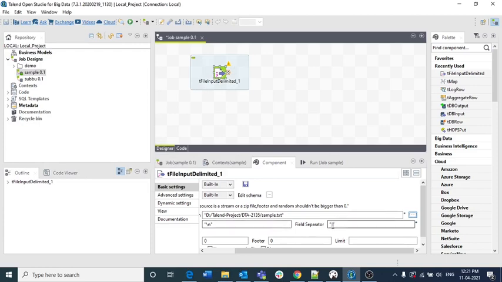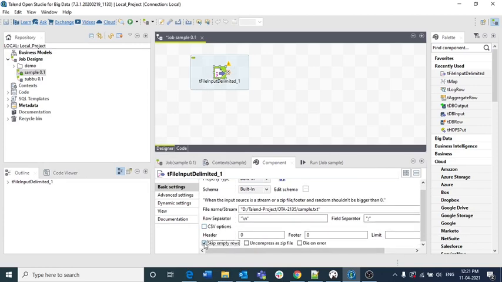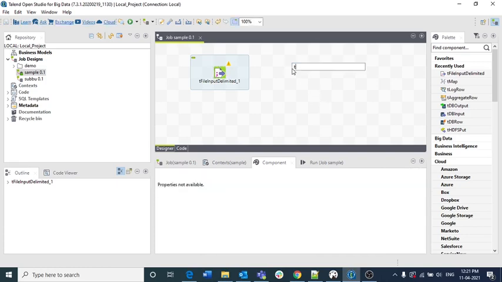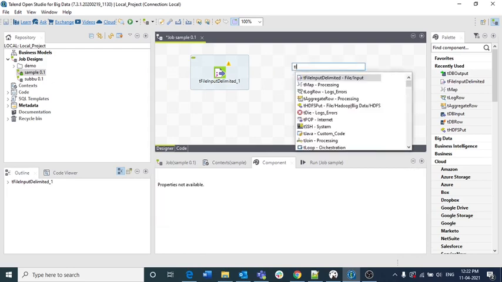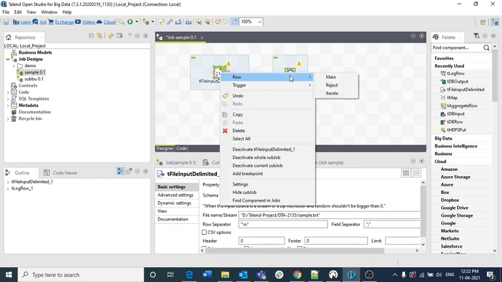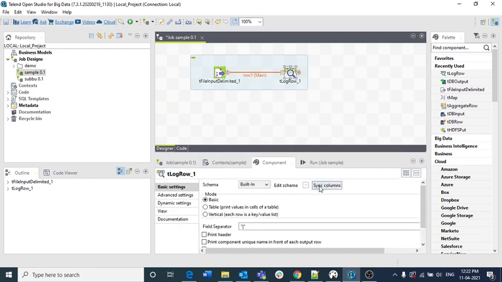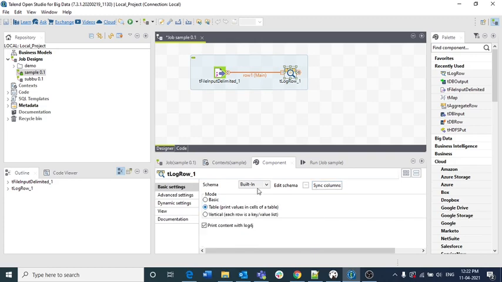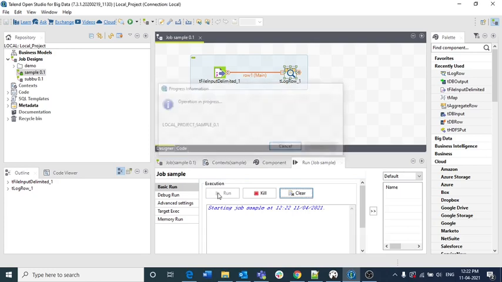This is the place, and the delimiter I am leaving as semicolon, and the remaining values are the same. I am saving it, and if I add a tLogRow and connect these two to see the output without any modifications, we will get just the address column.